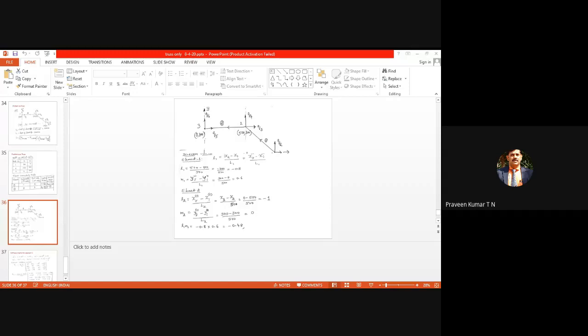Don't attend just for the sake of attending the class. With some interest, with some objectives, you have to attend the classes. You have to learn. Finite element analysis is not just learning one subject. You are learning many subjects. It is required for your design or analysis.